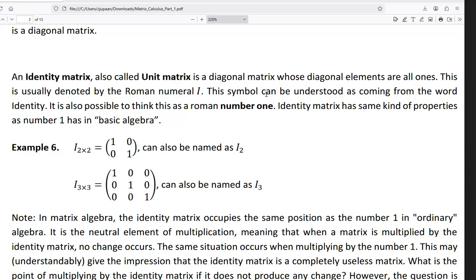If you have a matrix, for example matrix A, and you multiply that with that identity matrix I, then that matrix A does not change at all, if that multiplication is possible to do. We can see that not every time is the multiplication in matrix calculation allowed. It is not